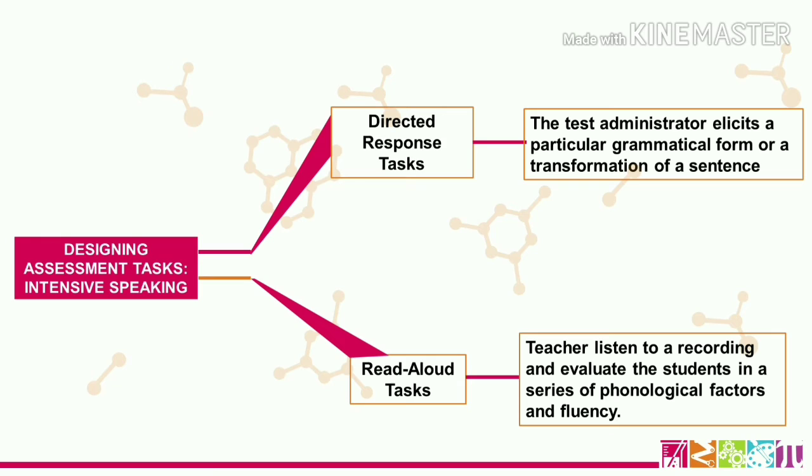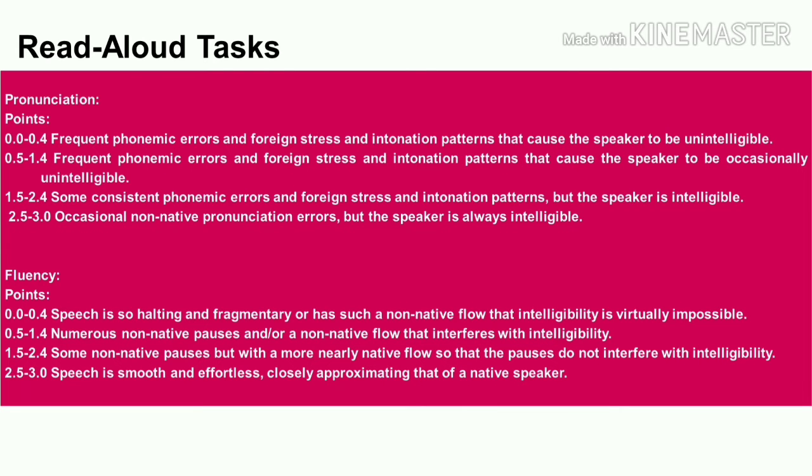Because of the results of research on the PASS task, reading aloud might actually be a surprisingly strong indicator of overall oral production ability. Students read around 120 to 130 words with rating scales for pronunciation. The scoring scale for this passage provided a 4-point scale for pronunciation and for fluency. As shown in this box, pronunciation: